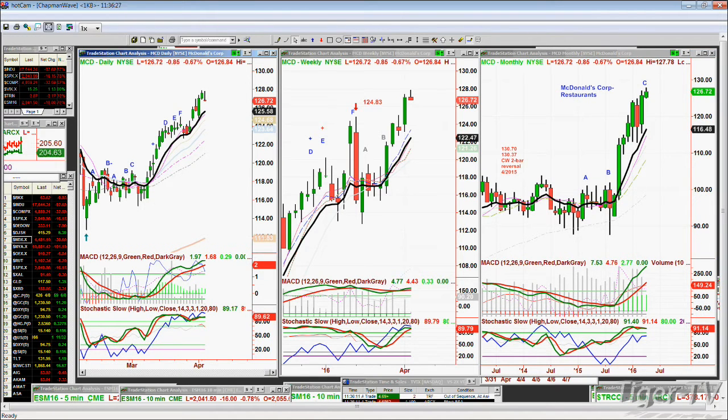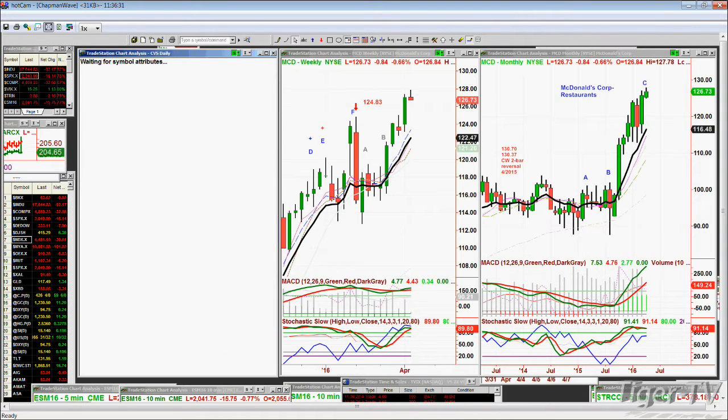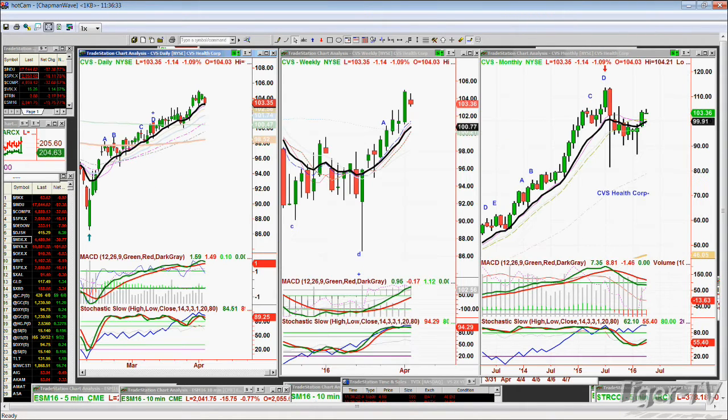So this is saying to me that the consumer is still spending. That's number one. CVS, oh, did I update my CVS chart? Let me just double check. Okay, so that's an instant restart, and then it went to an A. Let me just type this in right now. So it went to an A, a B, a C, and that's a D. Let me just double check because that could have been by a penny. 104.40, 104.40. So this is a leg D with a possible peak D right now,